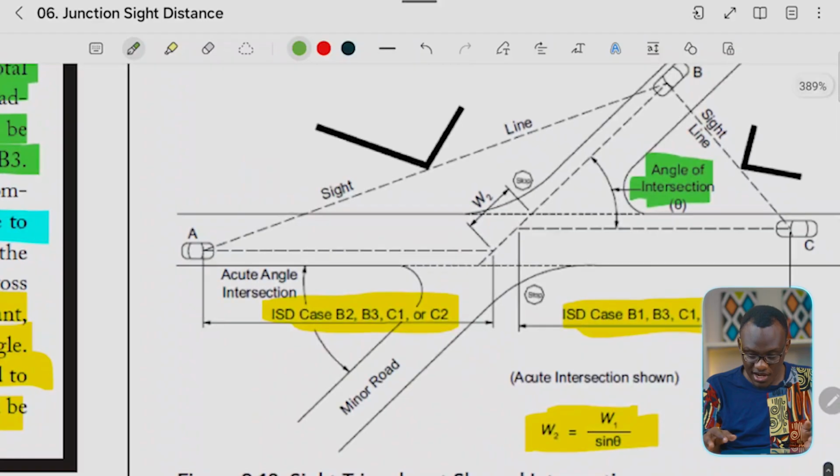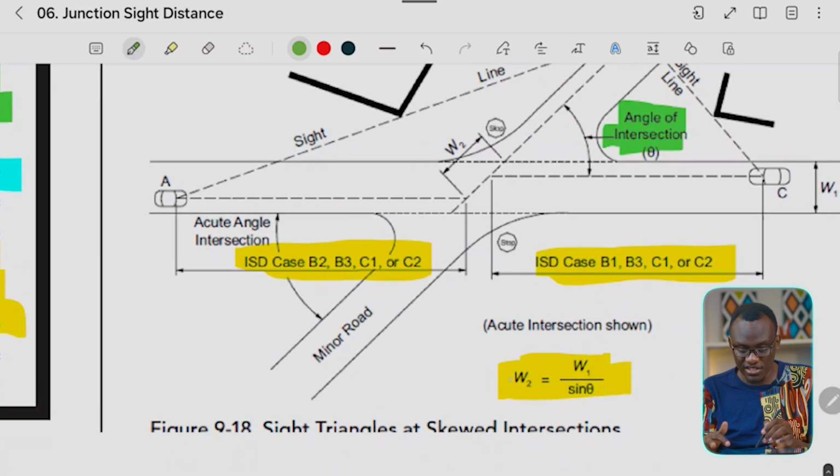Now, what is the effect of a skew? As I mentioned earlier, what you have here is it increases the sight distance. And this is why you want to avoid these tight angles. You can see you have to calculate the angle and you do a sine. For example, here you see we're trying to get the new